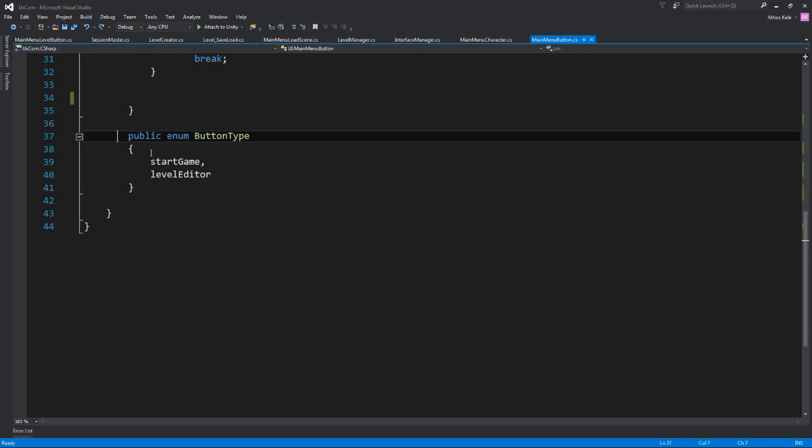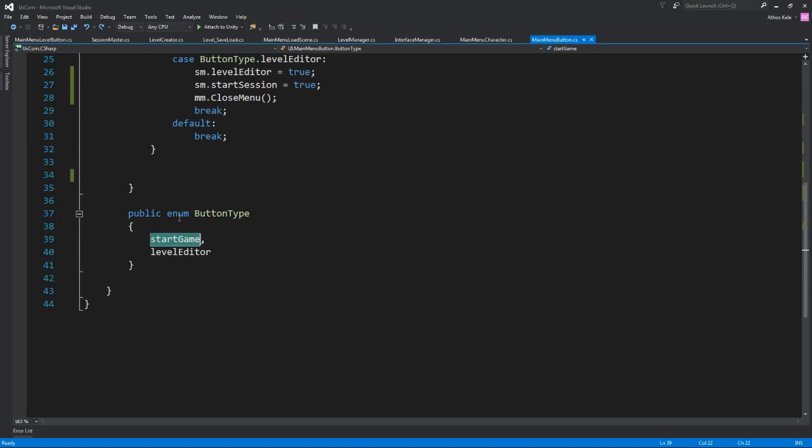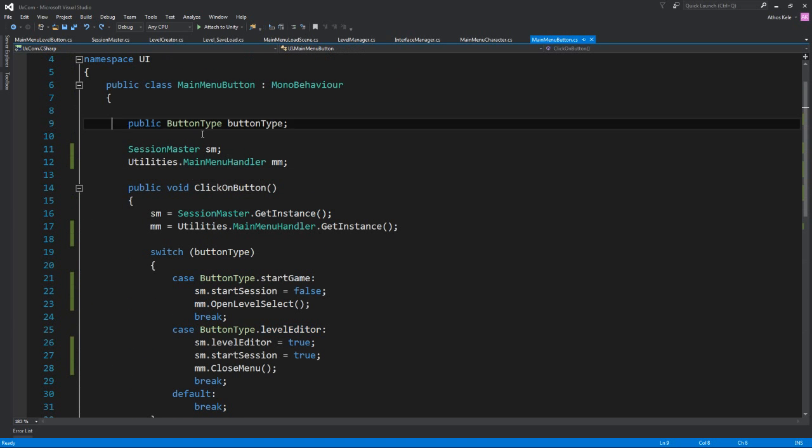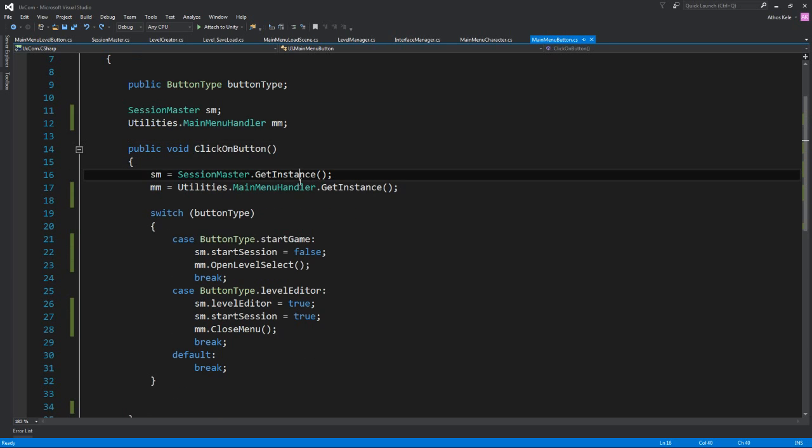We have an enum so that we can separate what we're going to do if we want to start the game or the level editor. We use the enum, of course, to select. We need a reference to the decision master and our main menu handler. If we click on the button, we get the references, and depending on the button type, we either set the start decision equals false on decision master, and go into our main menu, open level select, and that opens the level select